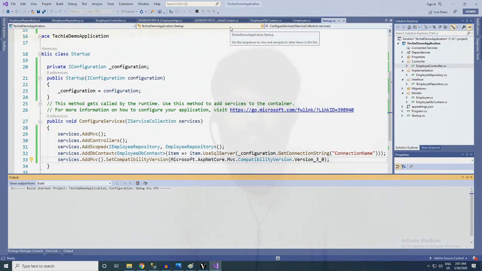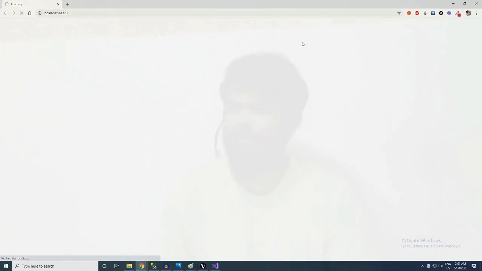Since it is a new application, we need to configure all our initial setup, and if it succeeds we can create as many controllers, repositories and interfaces as we like, and even add as many tables or values as we want. So this is how it works. Let me load the API tester also.